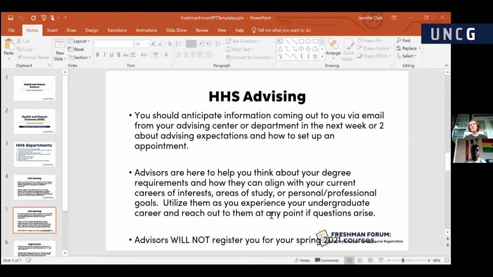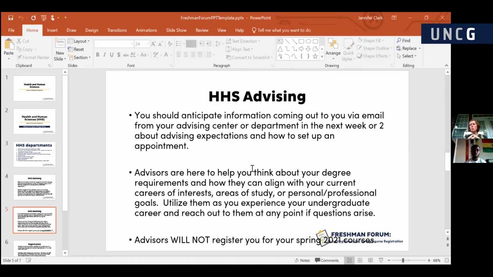Advisors are here to give you advice, not necessarily to tell you what courses to take to meet gen ed requirements, like your general fine arts, where you can take dance appreciation or intro to art or fundamentals of acting. They really want to help you think not just about the gen ed requirements you need, where you can pick and choose what you want to take for your history or your literature, but more specifically, about why you're a nutrition major and how you want to use your undergraduate courses for social work to propel and prepare you for your personal and professional goals. Why do you want to be a therapeutic recreation major?